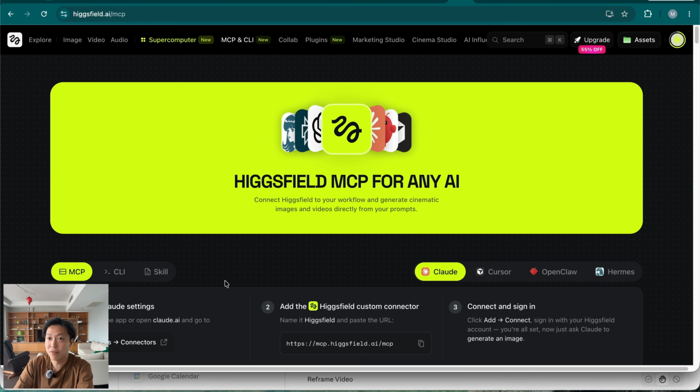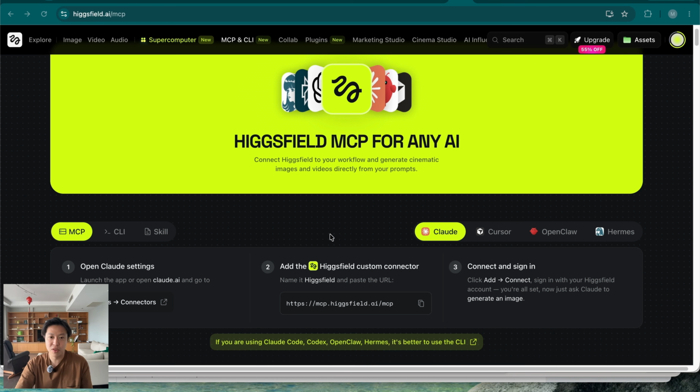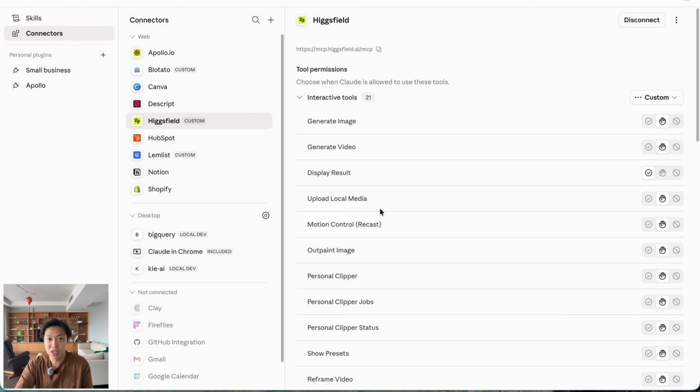Now, full transparency, Higgsfield is a paid platform, so you do need a subscription to be able to use the image and video generation output. So you can easily do that by signing up for one of the plans and connecting it to your Claude CoWork. So once you've authenticated on the browser to allow connection to your Claude CoWork, you essentially will be connected